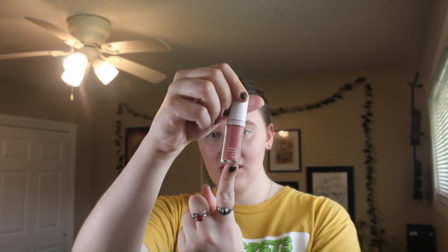So I'm gonna use this e.l.f. liquid blush. It's a camo liquid blush, so kind of the same line as the concealer. And this is in the color Suave Mauve. Now, this is one that I use almost daily because I think it just looks nice on my skin tone. I don't know if it's a little too dark, whatever,